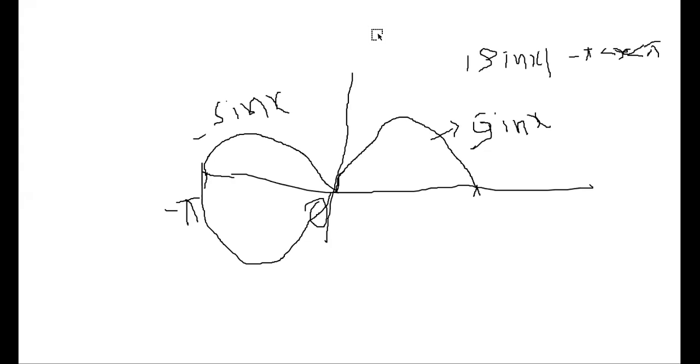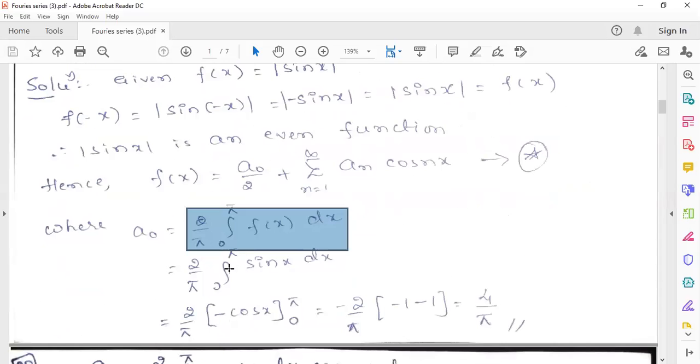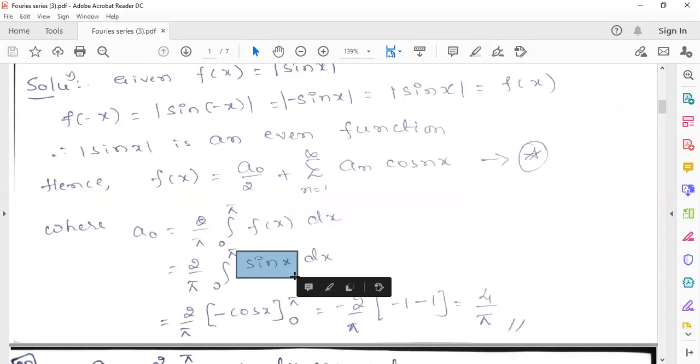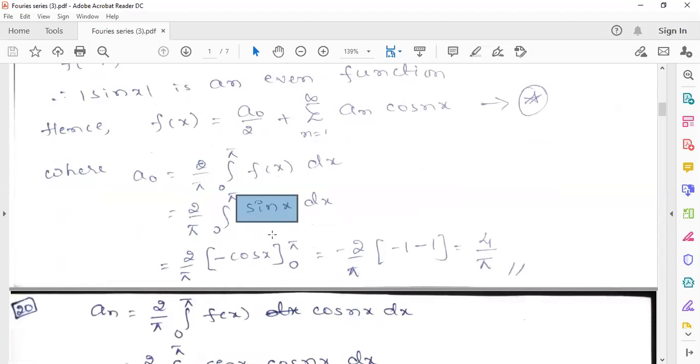So now, the interval is 0 to pi. In the interval 0 to pi, the function is having positive value, so that is sin x. In case it is minus pi to 0, you have to consider minus sin x. But here, for the even function, we will consider only 0 to pi. So that's why we consider the function value as sin x. You should not take modulus of sin x. This is very important. You should keep it in your mind. Modulus of sin x means the function value in 0 to pi will become plus sin x. In the interval minus pi to 0, it will become minus sin x. So just keep that in your mind.